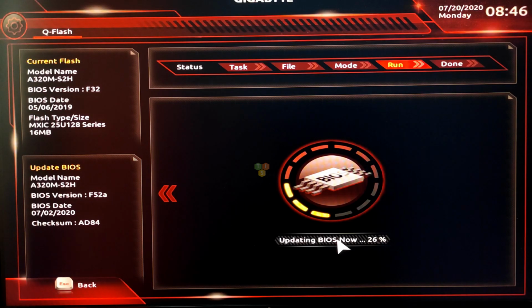And actually you don't need to update your BIOS if you are using any first generation or second generation processor. But if you are interested in overclocking, yes, you can overclock with the updated BIOS. Actually you can overclock with the F32 BIOS, and this is the latest BIOS, and with this BIOS you have some improved system security. I don't know exactly what that is, but as this is the latest release, I want to check what benefit I can get from it. But do this BIOS update at your own risk. Again I am saying this.